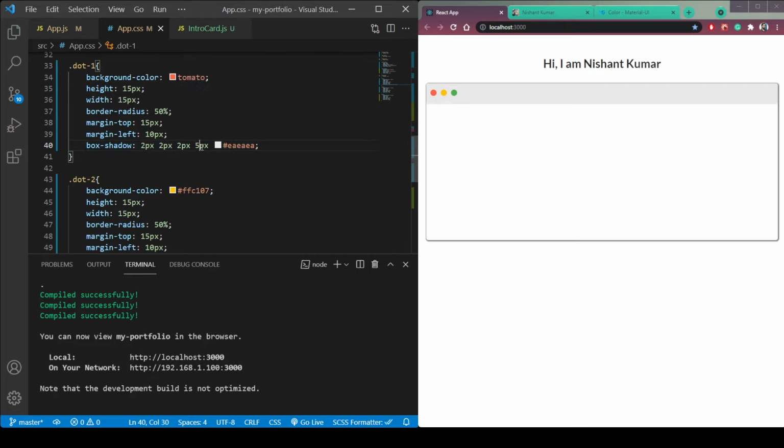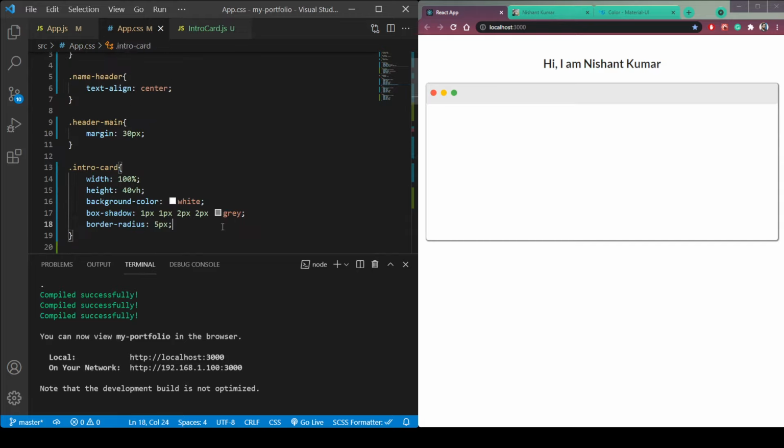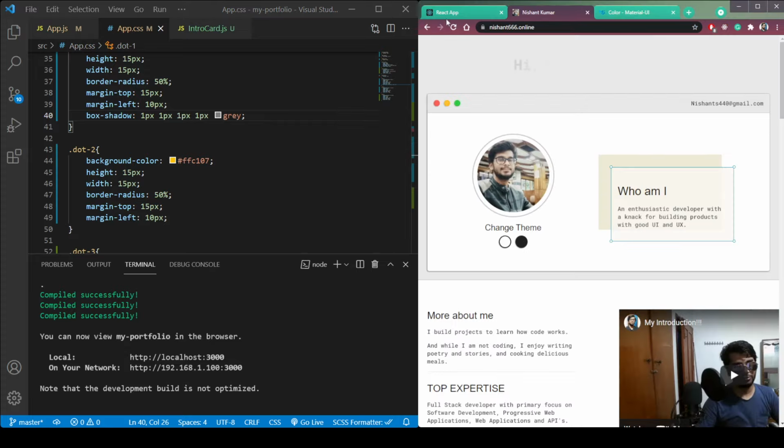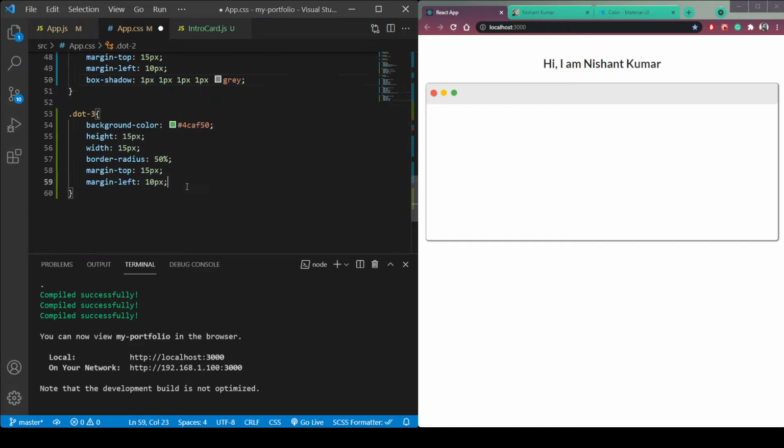Make it 5. Or wait, I think the color code is wrong. We need to give it a gray color. So copy this box shadow property and paste it here. But it is also too much, so let's make it 1 and then 1. Now you can see it is matching like this. So repeat it in our dot 2 and dot 3. You can see our 3 dots with box shadow just like here.